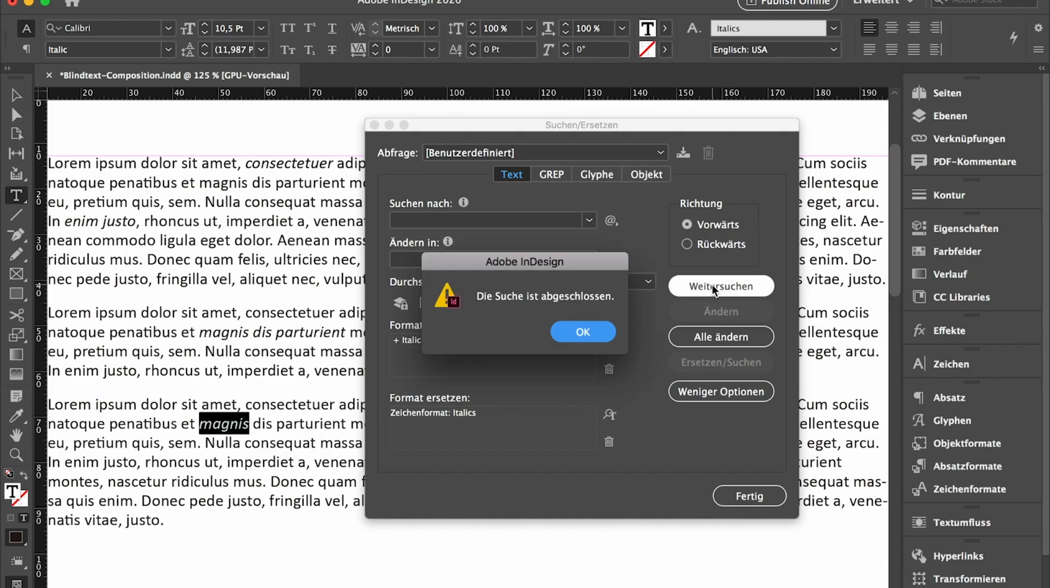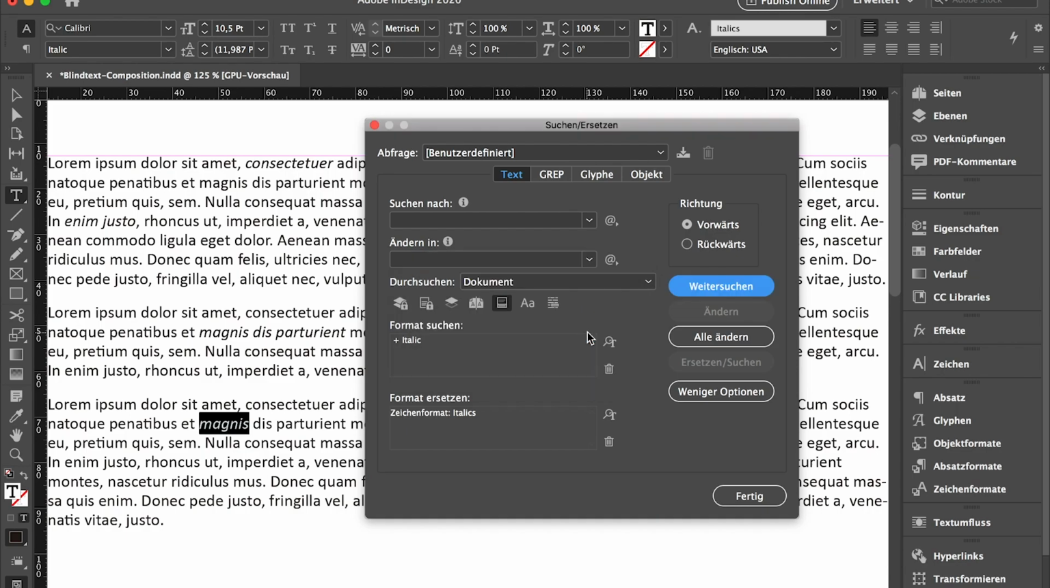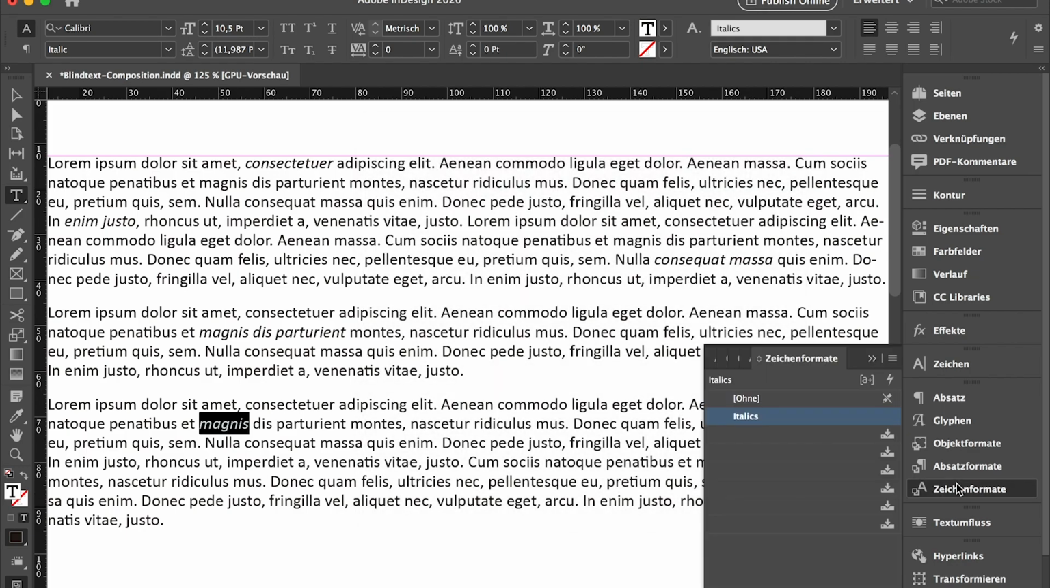And I could also press done, complete. Every instance has been replaced, which is very important to see. And let's try to see whether everything works. So here there is no format, and